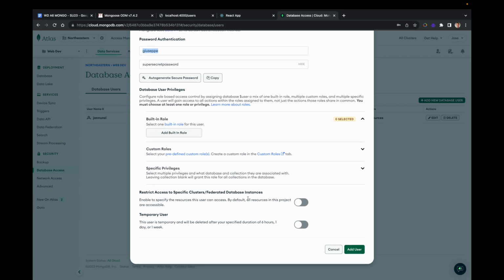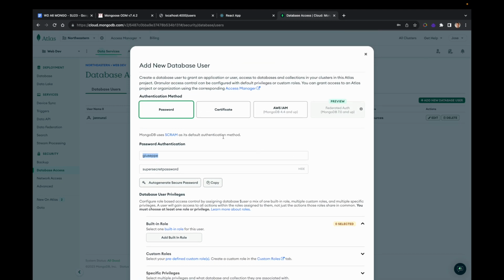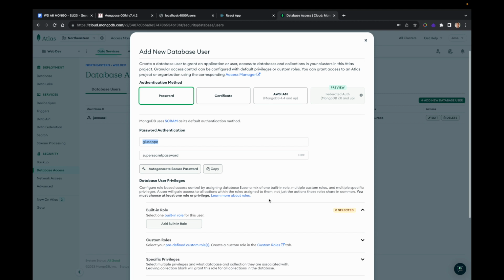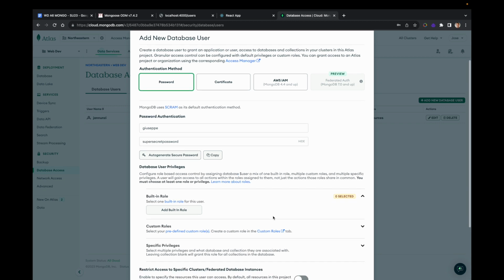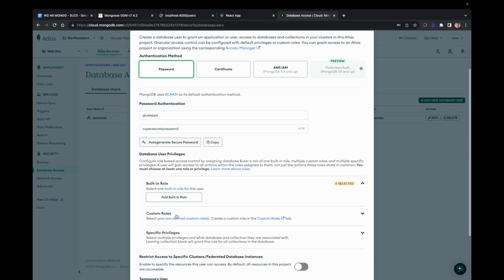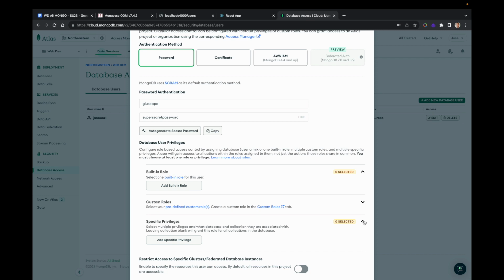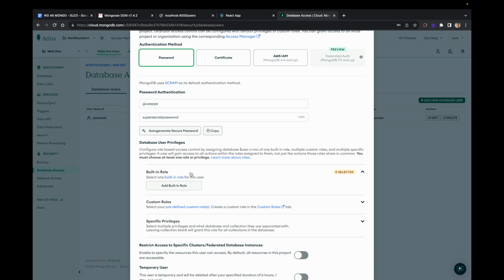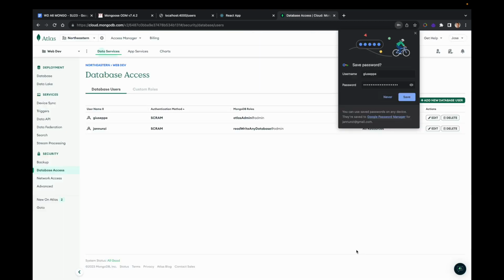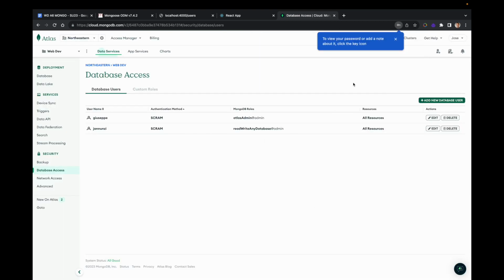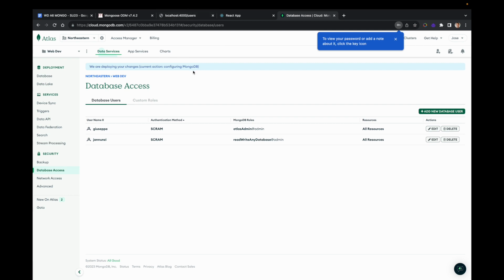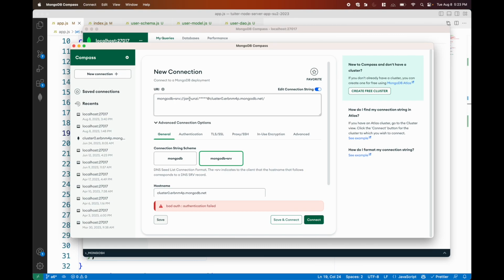So restrict access to specify temporary user. So add user. Does it say this is a role? 0 selected. Okay, I need to add built-in role, custom role, specific privileges. Select role, admin, add user. So I have Giuseppe now, and so in the URL you can specify the username is Giuseppe,